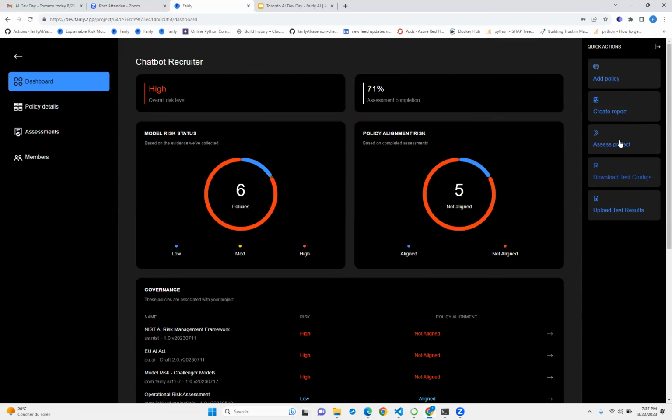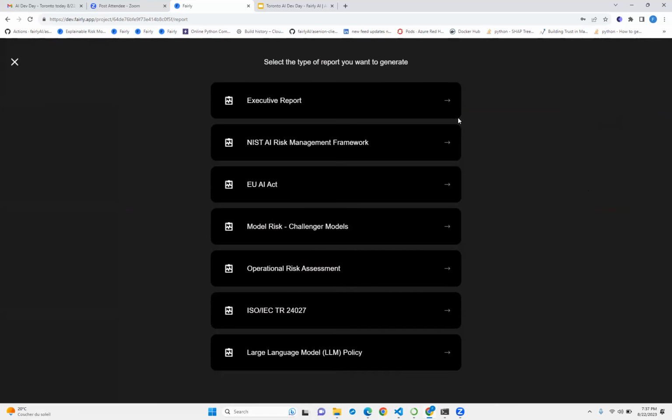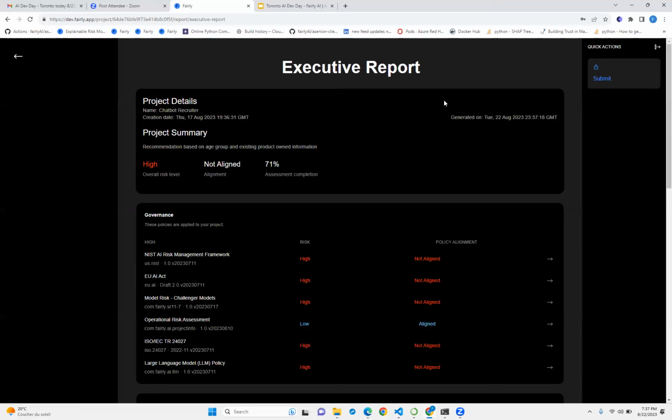And the last thing is back to my North Star. How do I create multiple reports, right? For your executive team, a lot of the time it's hard for a data scientist to explain to your business owner, what did I build? Why is this model good enough or not? So we solve that problem for you by having these report templates upfront. Ultimately what we built is a framework, a library framework for policy controls, tests, and reports. So it is highly configurable depending on use case and context. We work with best-in-class domain expertise in different industries to come up with these different policy controls, tests, and templates. I'll leave it there and answer any